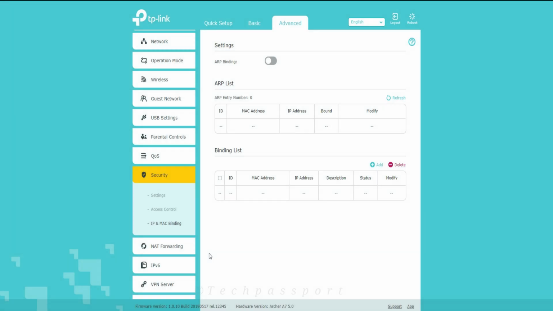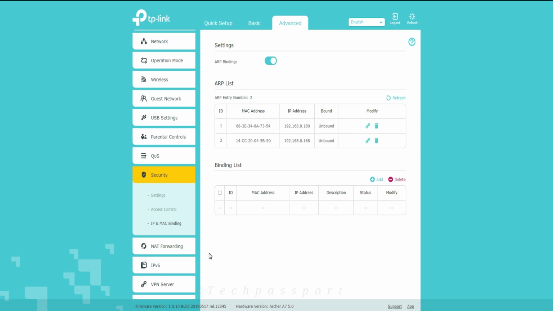Then IP and MAC bind. If you have 5 devices and you don't want any other device to access your network, then you can configure it here. How to configure it, I will explain in another video.